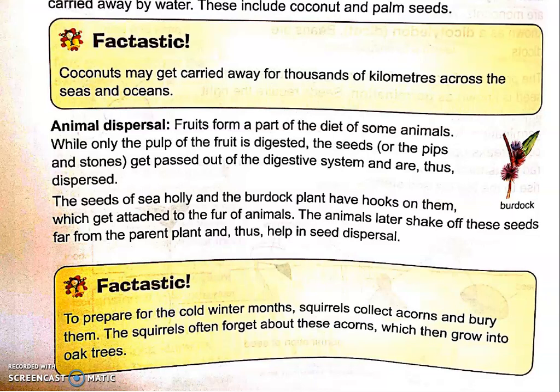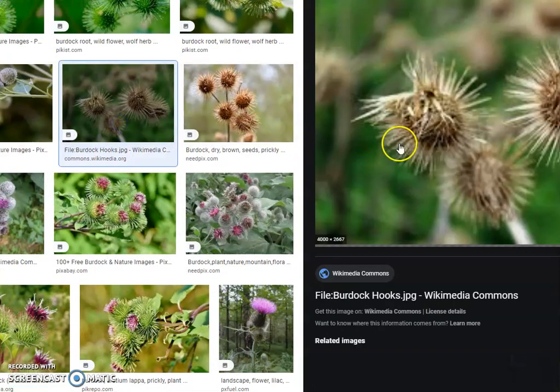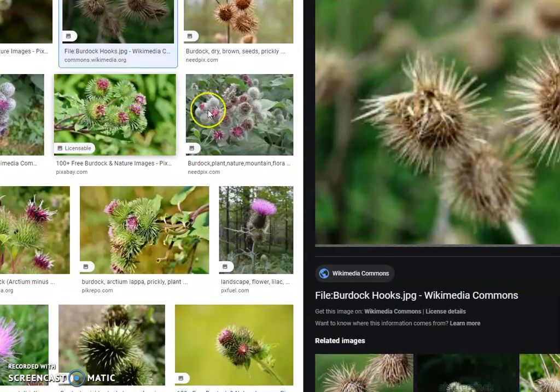Now the seeds of sea holly and burdock plants have hooks on them, which get attached to the fur of animals. The animals later shake off these seeds far from the parent plant and thus help seed dispersal. Let me show you a burdock plant. See, this is a burdock plant. Now it has spiky roots, or these are very spiky.